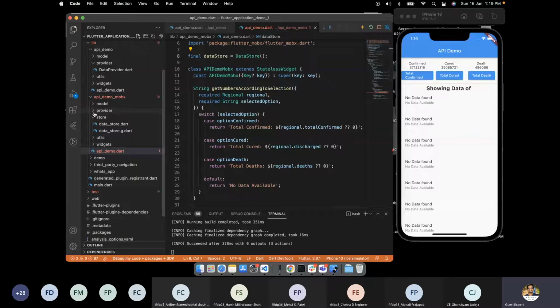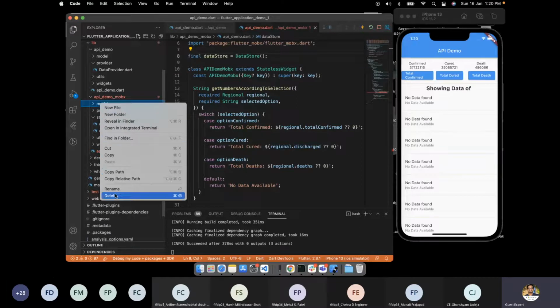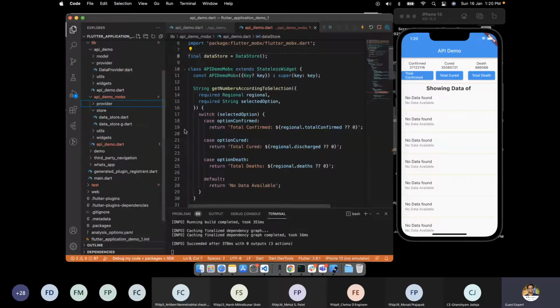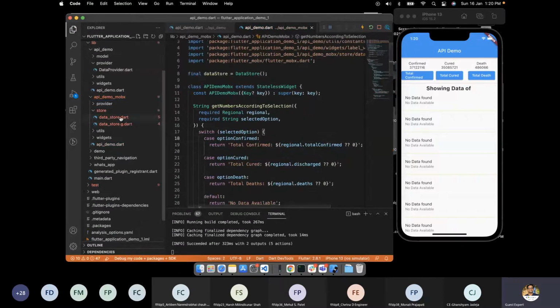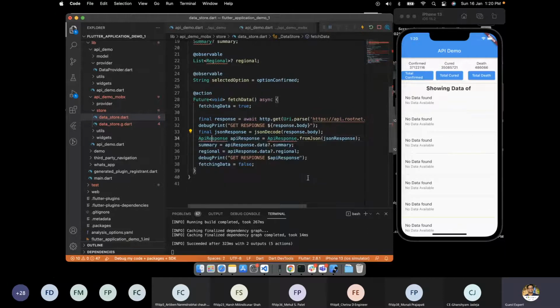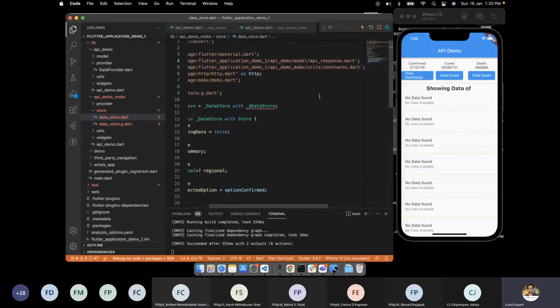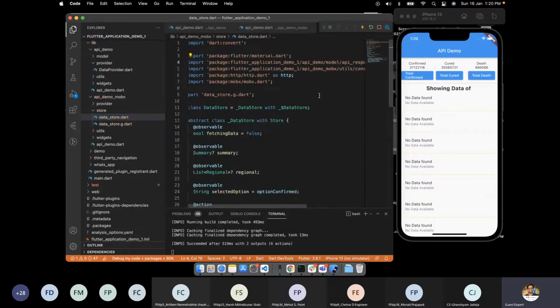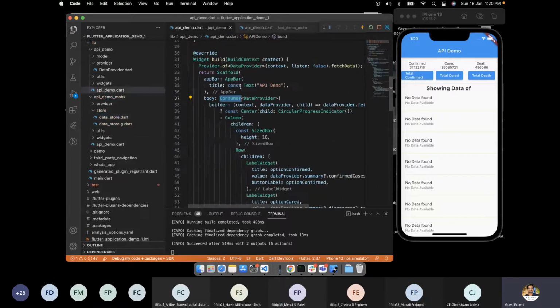So we will simply remove our model class from Mobix and we will use from the upper layer only. So we don't have this discrepancy. Delete. Okay, perfect. And now we have some proper implementation. API response is from the above model. We will remove this. Perfect. So now we have proper implementation.